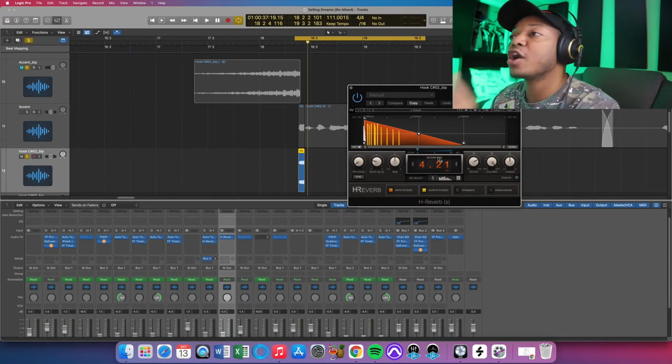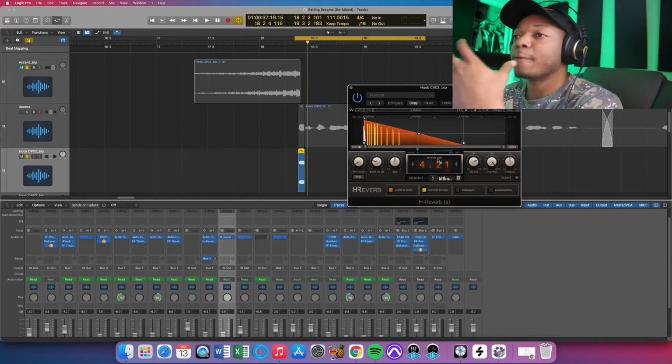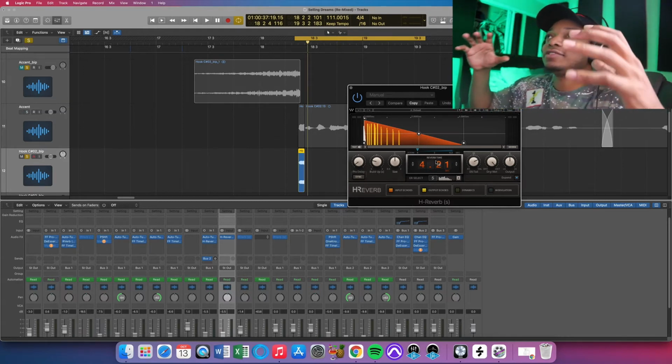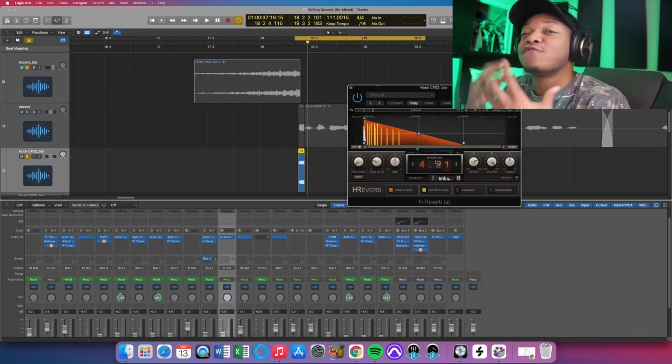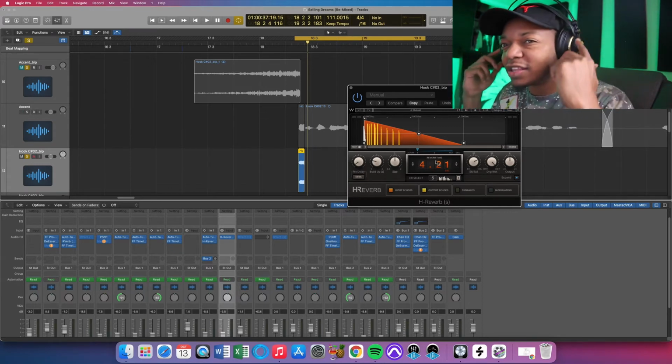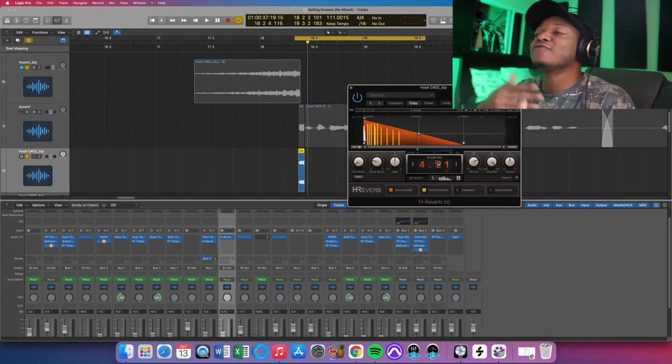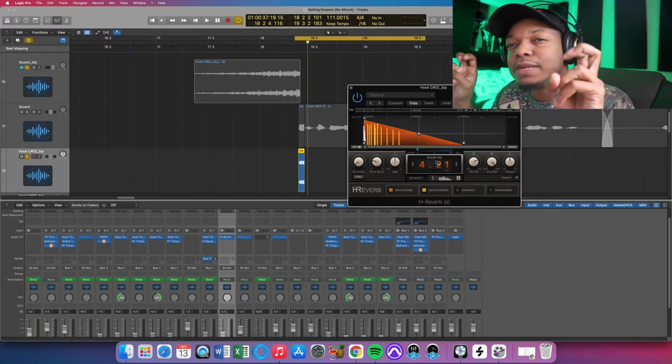That is a very, very crucial component to creating this effect, because the reverb time is going to create that vocal swarming feel in your headphones and your speakers. That's what the reverb time is going to do. Think of the reverb time as kind of like a feedback loop